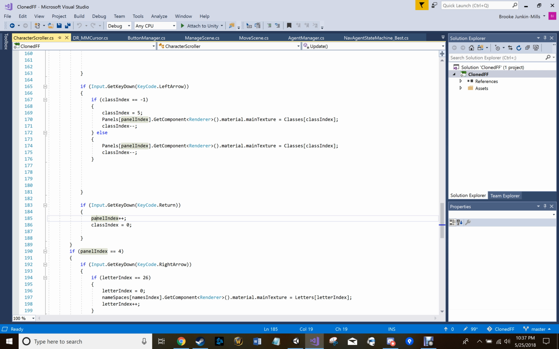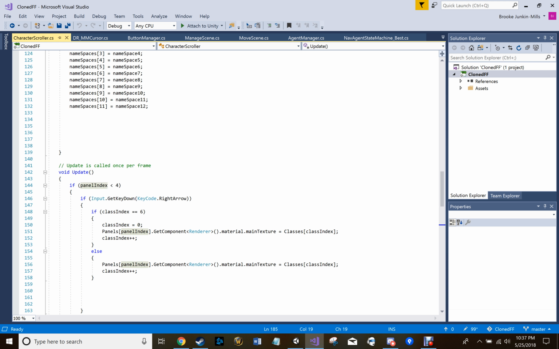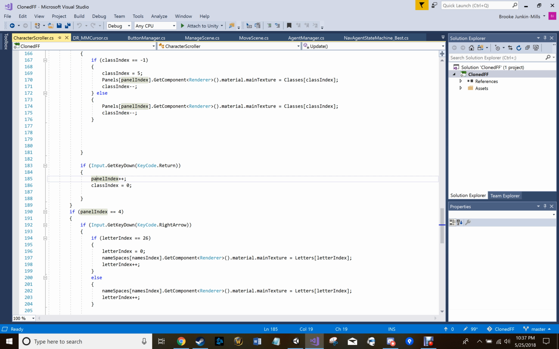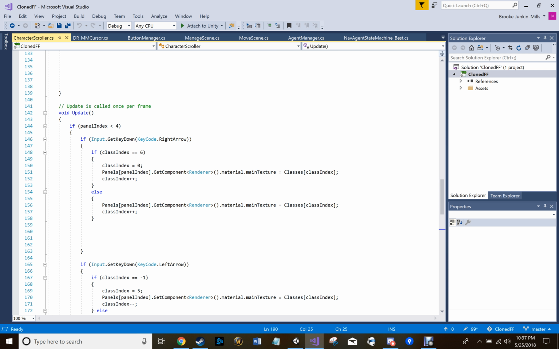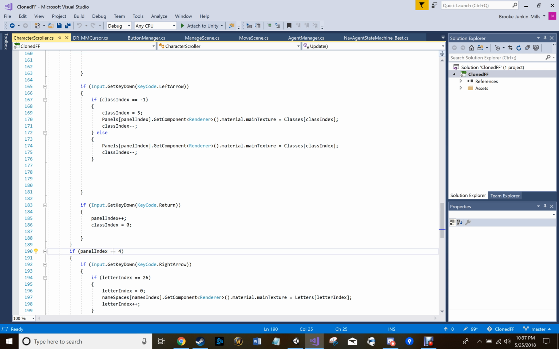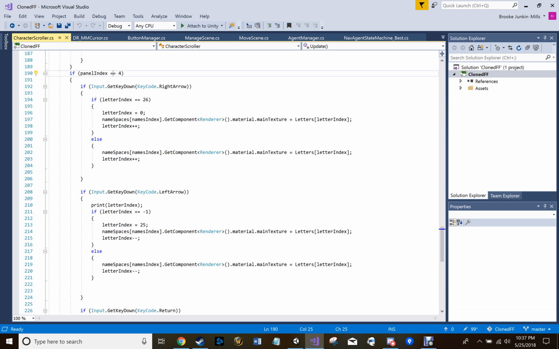uses the panel index, which only goes up to 4. It's keeping track of what panel you're on. I was going to have it in two separate sections, two separate scripts, but I wanted to condense it, and also this was easier, so I just had it split between the top part when you are cycling through panels and selecting characters. Once you have finished the fourth one, then it automatically just skips all this stuff and does the same thing, but with